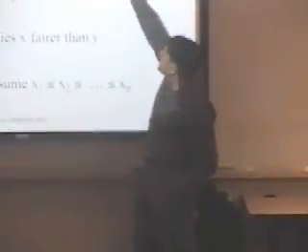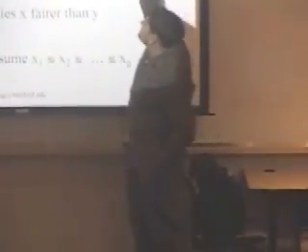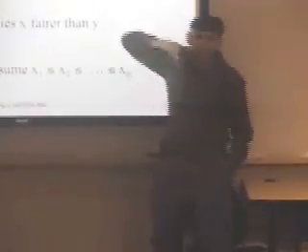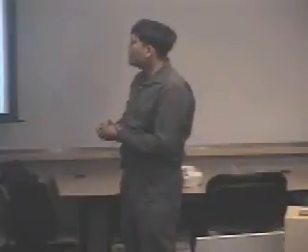I'll now define this notion called majorization. Suppose x and y are two n-tuples of positive reals. Like I said before, I'm going to define pk of x as the sum of the k smallest numbers in x. I'm going to call them the prefix functions. And I'm going to define sk of x as the sum of the k largest numbers in x. By the way, pk of x is symmetric because it doesn't matter what order x is arranged in, you're going to take the k smallest numbers. And it's not hard to see that it's also 0 at 0, non-decreasing and concave. So let's focus on these prefix functions.